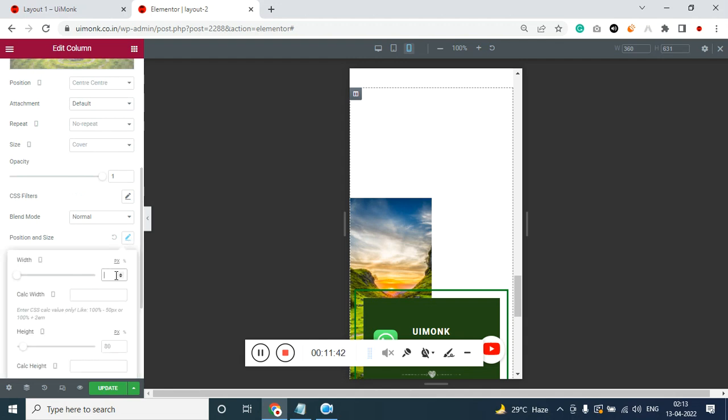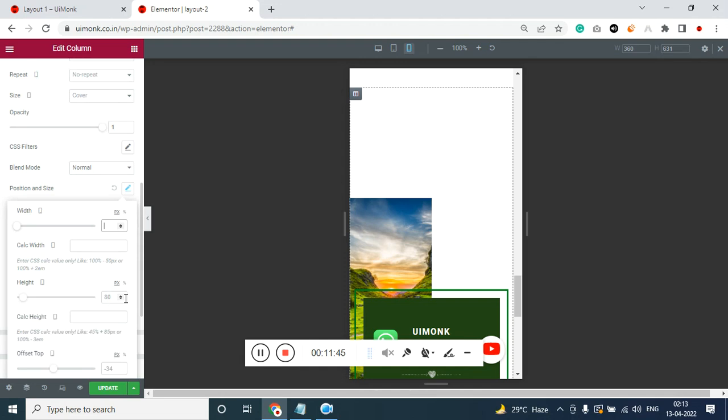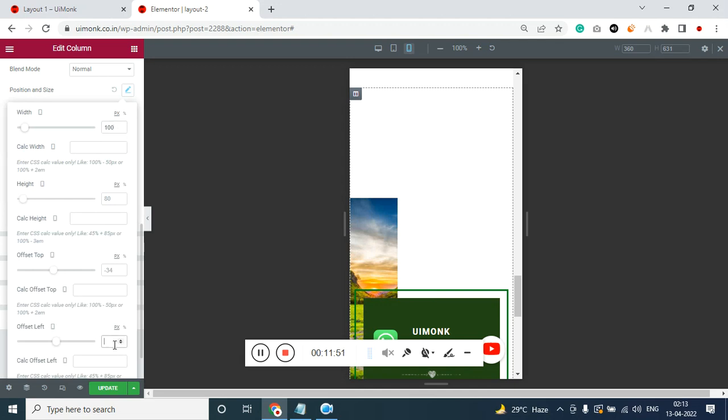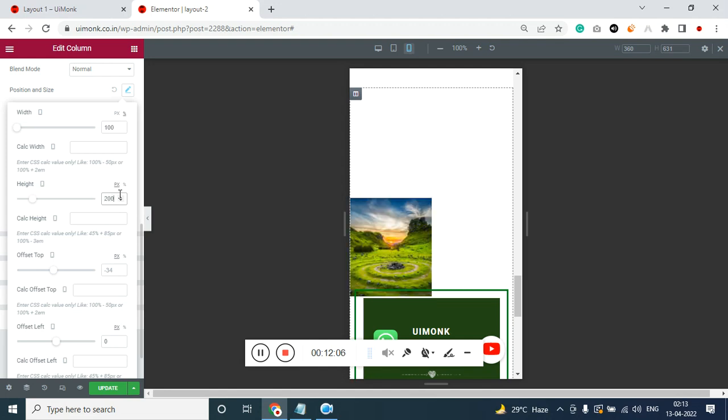We have to give width of 100% and offset left to 0, height as not 100 pixel but 100%, height as 200 pixel. I think the width is not working, we have to give width properly. Select this guy,